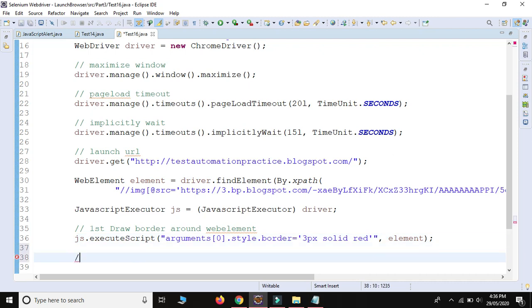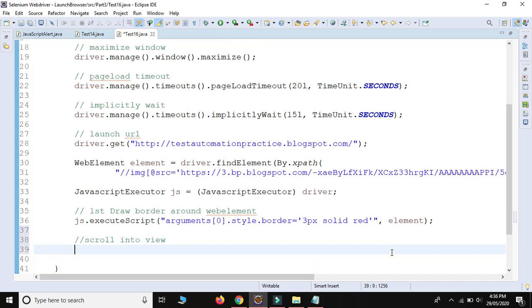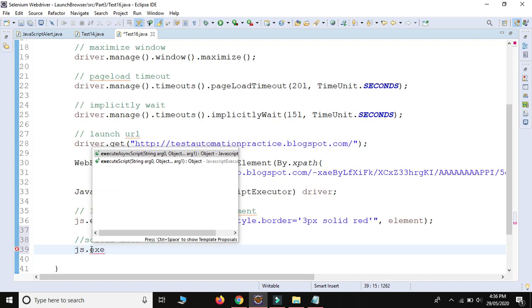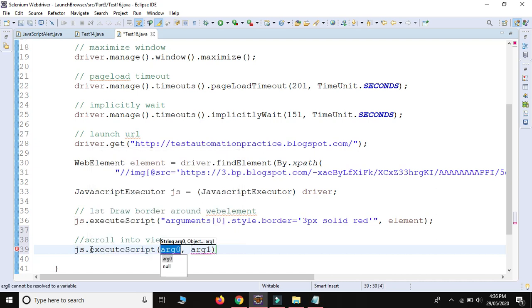So I will show you the second feature to scroll down your web page. Scroll into view means it will scroll down our web page until we are able to view our web element. Okay, so how to do this? So we use js.executeScript. We use the same method, executeScript. Okay, now I need to scroll down to my web element. So we use